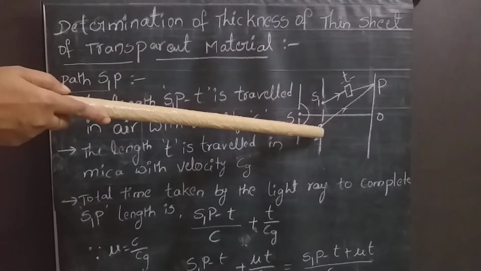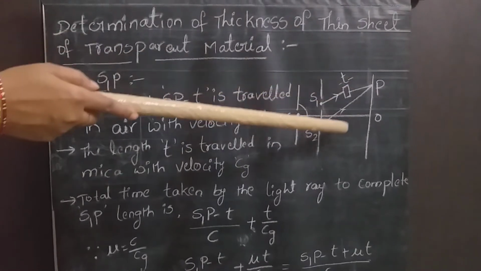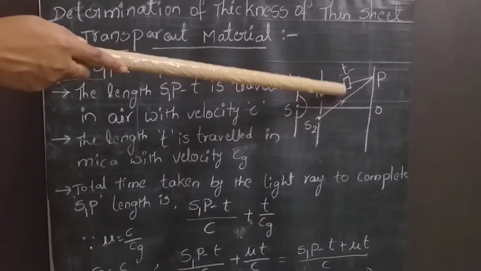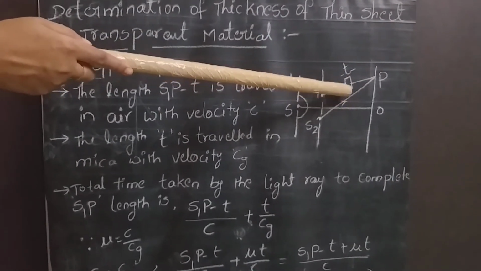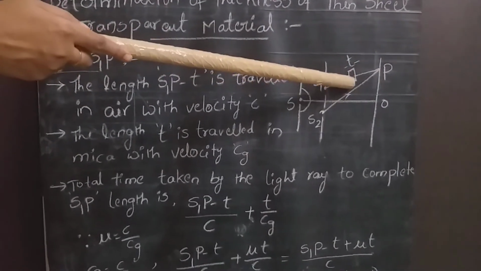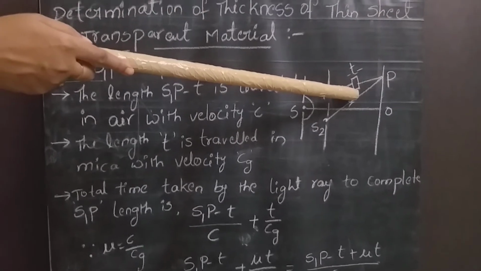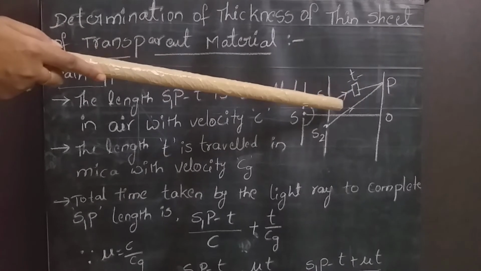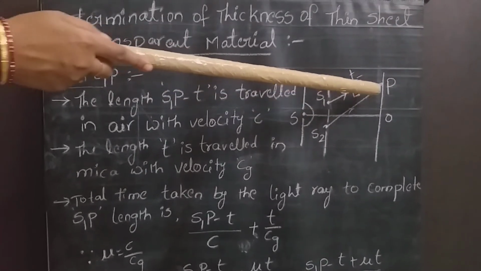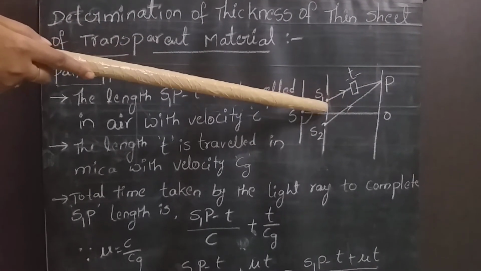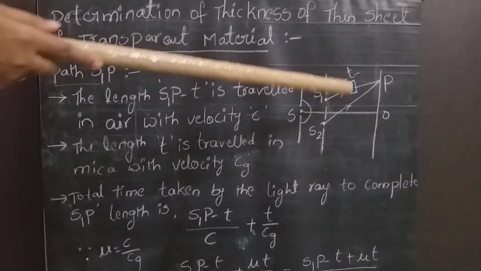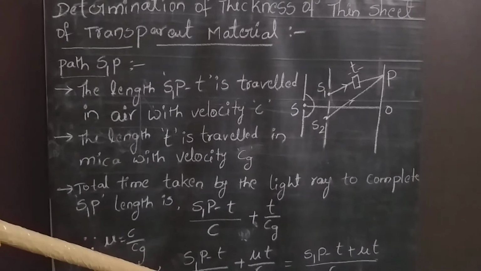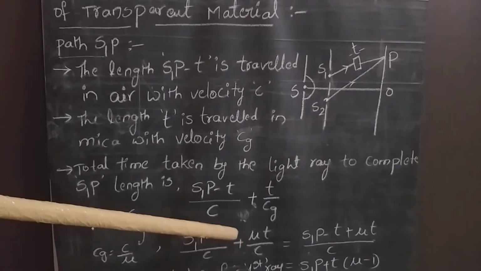But here we have changed this diagram a little bit. Here you are seeing some T representation. This rectangular one is a mica sheet, one thin mica sheet which has thickness T. This is placed in the path of the first wavefront, which was given by the S1 source. Now we will see which kind of changes are going to take place in the equation given by Young's.